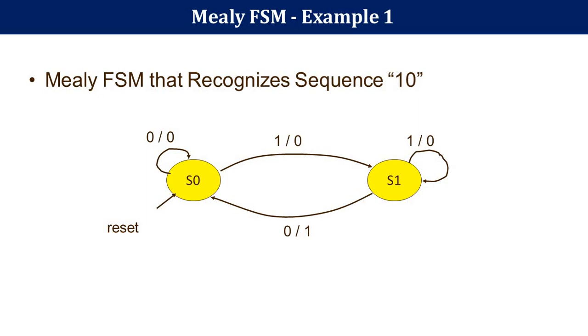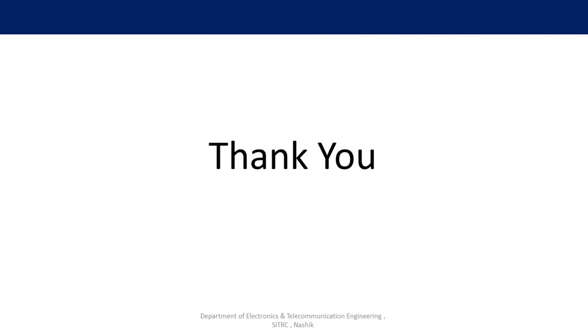And for the output at every transition, we have to mention it: when the first transition occurs, the output function is assigned 0, and when the last transition occurs, the output function is assigned 1. Okay, hence you can mention this. In this way we can write the VHDL code for Moore and Mealy FSM, and this is also known as VHDL implementation of the FSM.